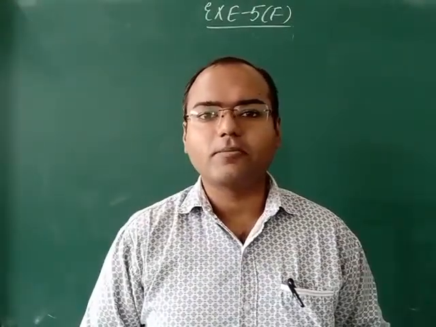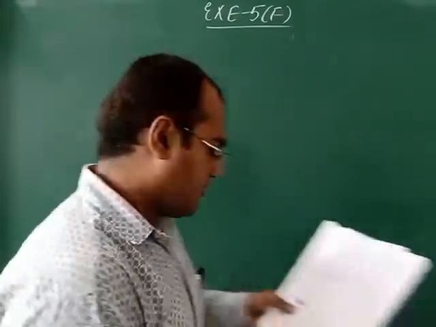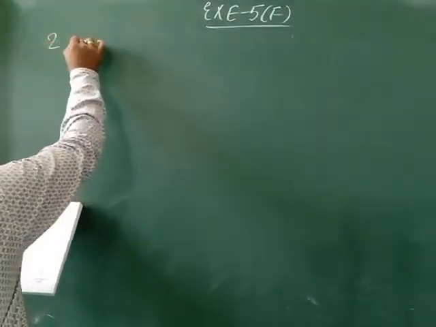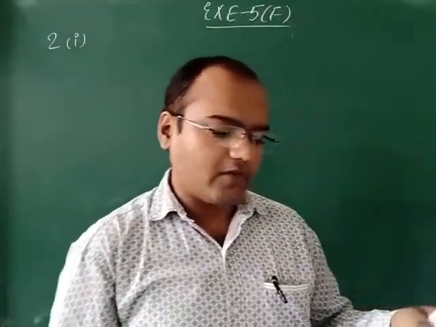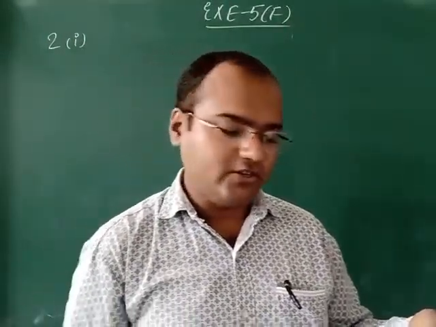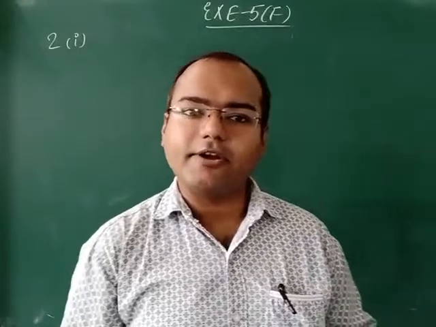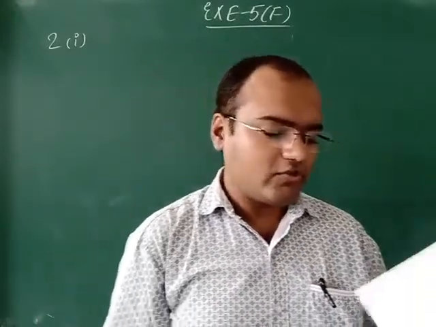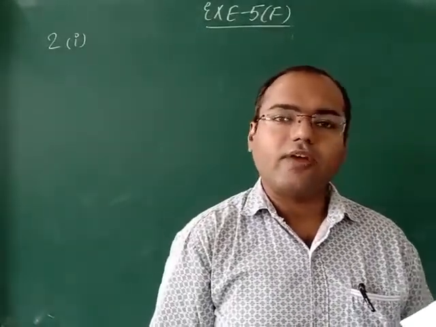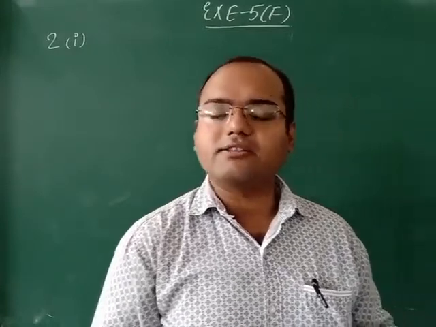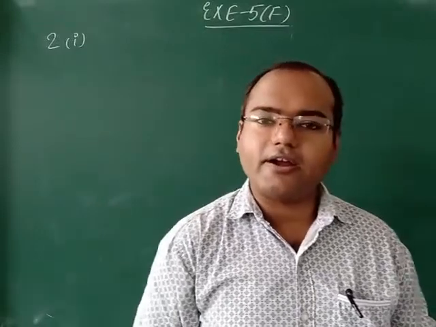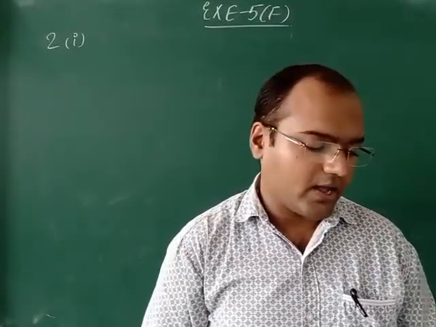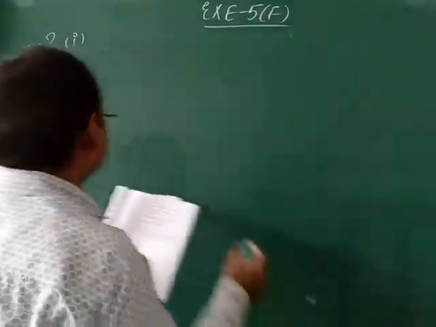Now all of you see question number second. Second question, first part. Heading of the question is convert each of the following percentage into fraction with 100 as the denominator. What is that in the question? You have to change percentage into fraction. Fraction means you have to bring the answer in the upon form and with the denominator 100. 100 कहाँ लाना है आपको? Denominator में लाना है. So first part is 1%.